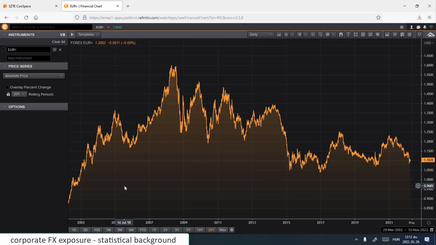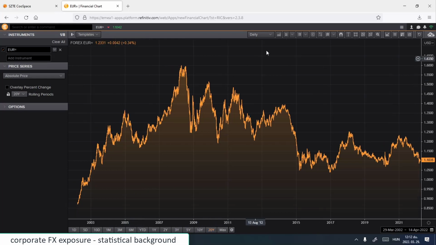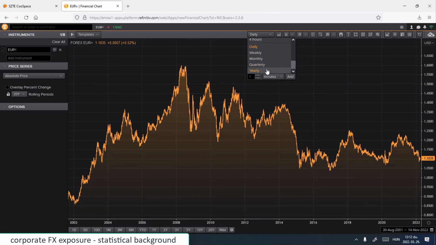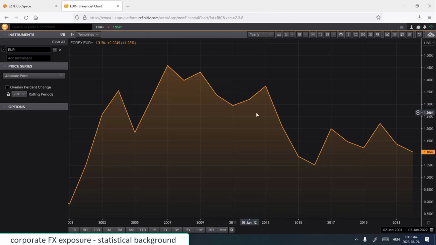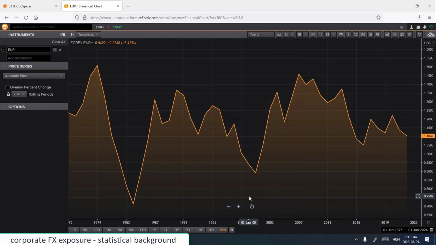It's not that sine-ish if you look at it, so maybe if you are not looking at daily data but jumping to annual expression, and let's use maximum,